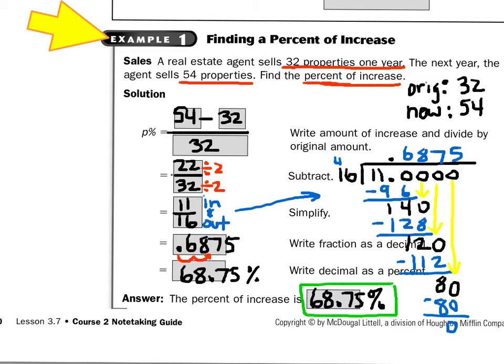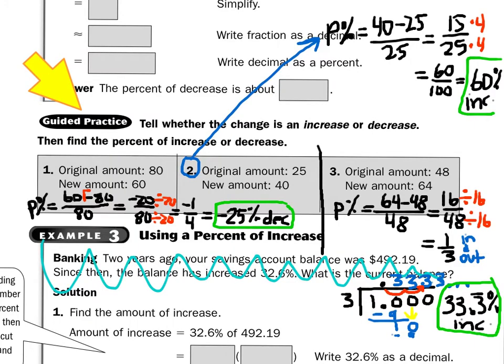To change a decimal to a percent, go to the right. So grab the decimal point and move it 2 places to the right. So that gave me a 68.75%. So the percent of increase, because it was positive, remember it's a percent of increase, is 68.75%. Okay, so go down here to the guided practice, and we need to find the percent of increase or